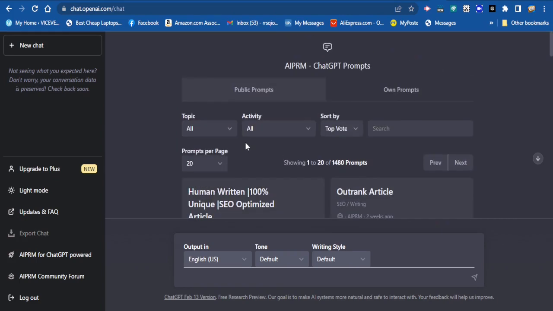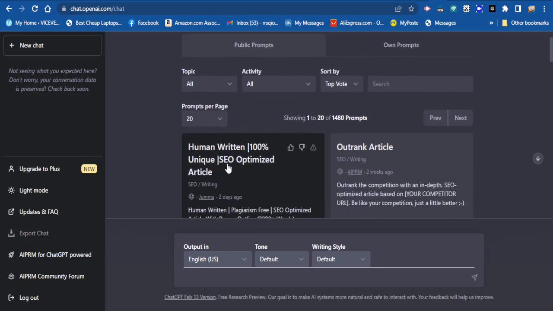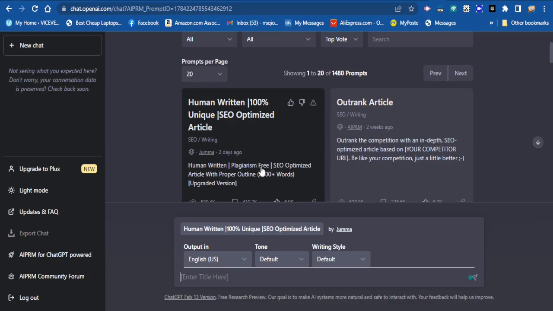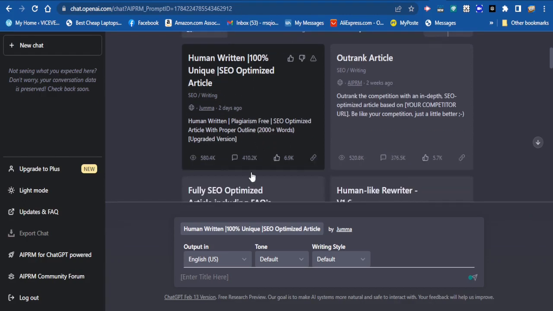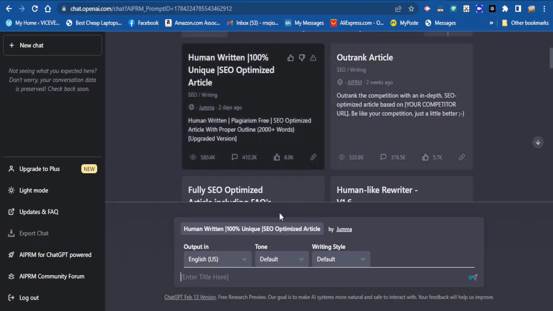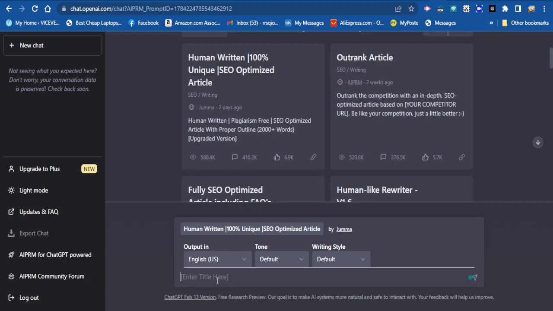So here on this area, if you want to write one article, a 100% unique SEO optimized article, you can just go from there. It's going to ask you the title of your article. So you are going to type the title of the article there. So let's say, for example, the title of my article is